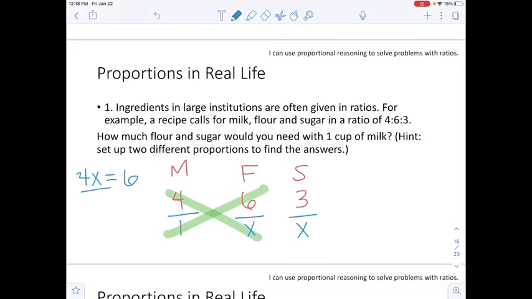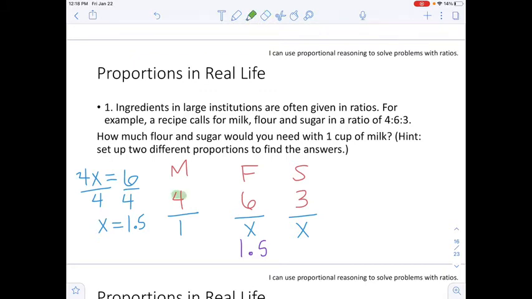And then to solve for X, I'm going to divide both sides by 4 so that we get X equals, and then we take 6 divided by 4, which is 1.5. So if we have 1 cup of milk, we are going to use 1.5 cups of flour. And then to solve for sugar, we can either use 6 and 1.5, but I always like to go back